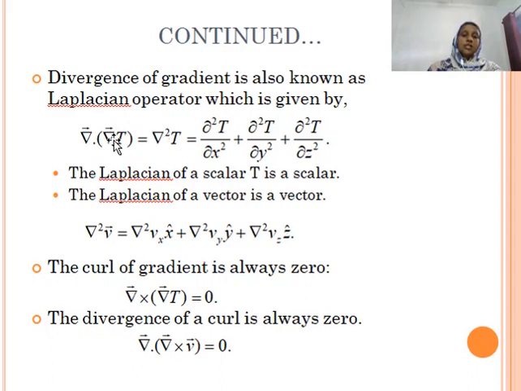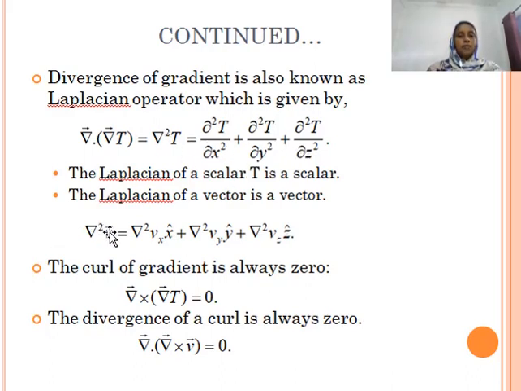Now this del square is obtained as del dot del, right? So it can act on a vector function also, because this del is a vector differential operator, but del square is only a differential operator, not a vector operator. So this differential operator can act both on scalar functions and on vector functions. This is the example for a scalar function.